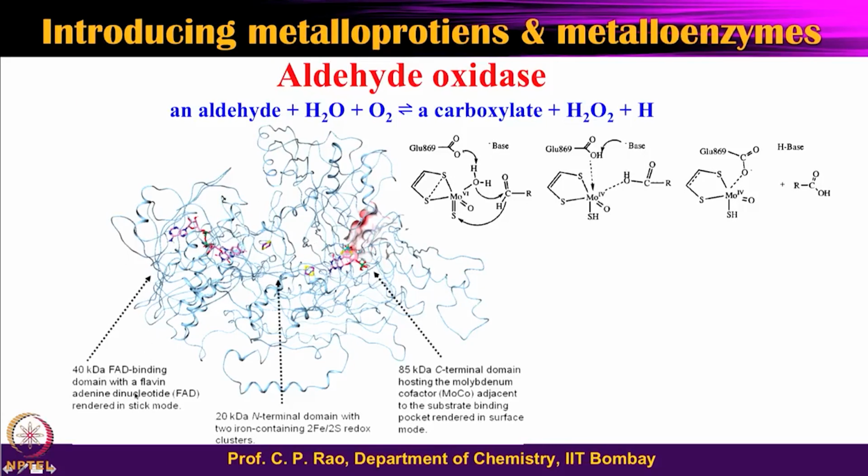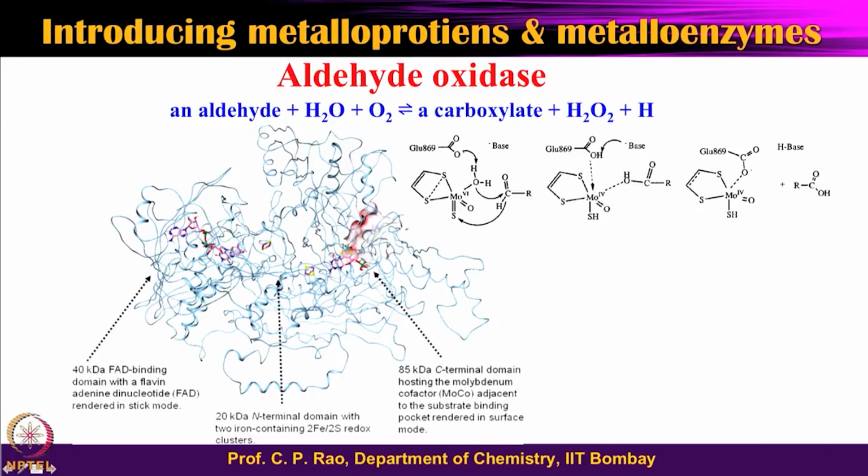So, you have the FAD binding domain with a flavin adenine dinucleotide, which is shown in this stick form. This is a 40 kilodalton part, and there is another part of the enzyme which is 20 kilodalton, and this has got the iron sulfur cluster, a 2 iron 2 sulfur cluster. This is 20 kilodalton, this is 40 kilodalton, and this whole thing is 80 kilodalton, and this domain